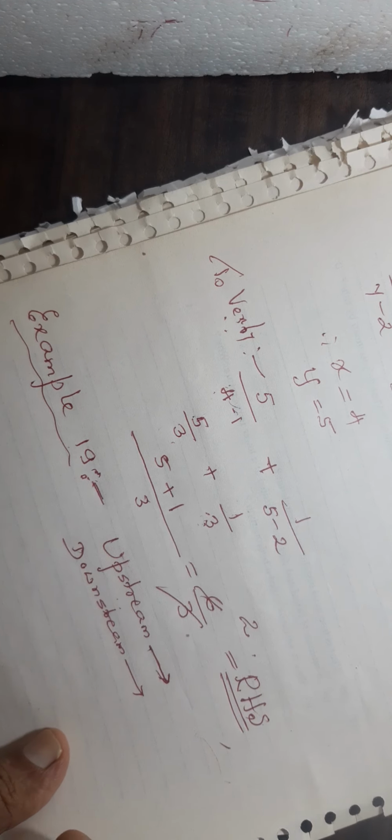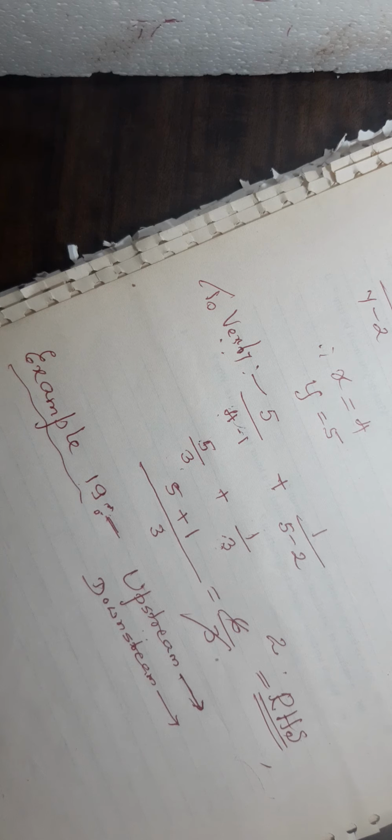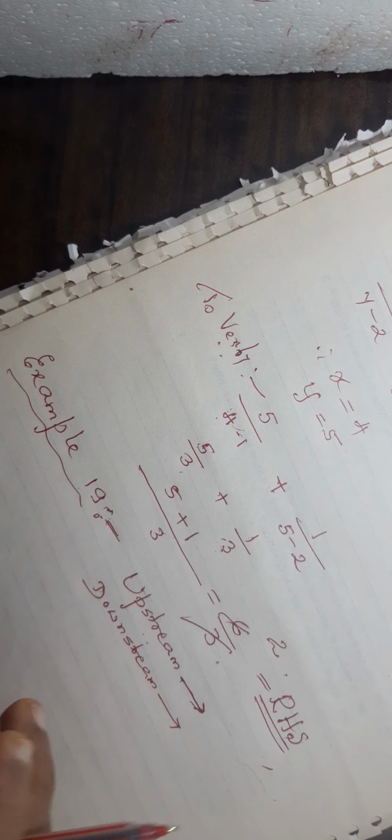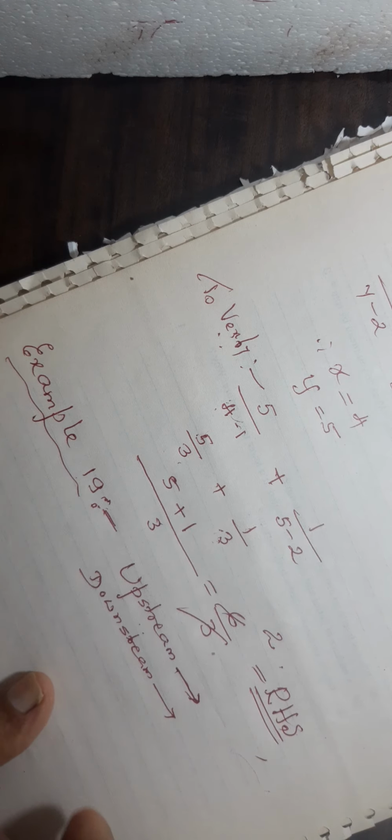These simple things you should know for this type of problem. Downstream means moving any object along with the water. If you are also moving along with the water, your speed will be more. But if you are coming upstream, against the water, you have to overcome the speed of the water along with your speed. When you are coming against the water, your speed will be less. Such simple things you have to understand in this problem.